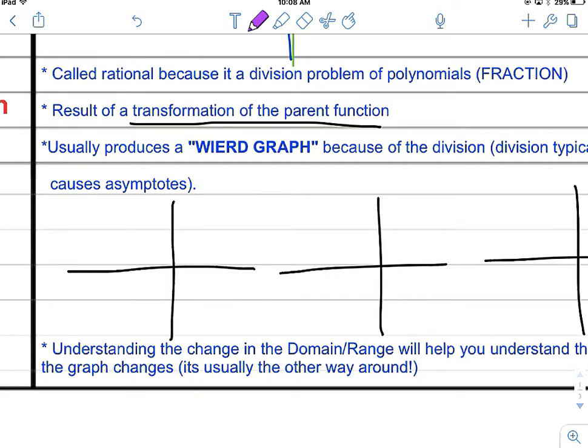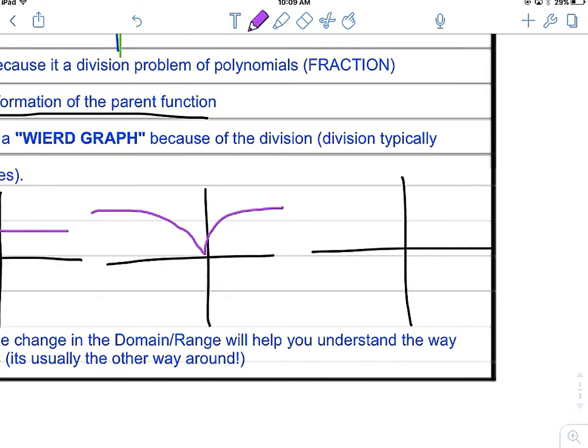And so you might end up with something that looks like this, which is probably the most normal type of rational function. You could end up with something that looks like this, which is just really weird, or you could have something that ends up looking like this, which is, again, kind of an unusual looking graph. And so because of this weirdness of the graph, because of the unpredictability that is caused by this division problem,